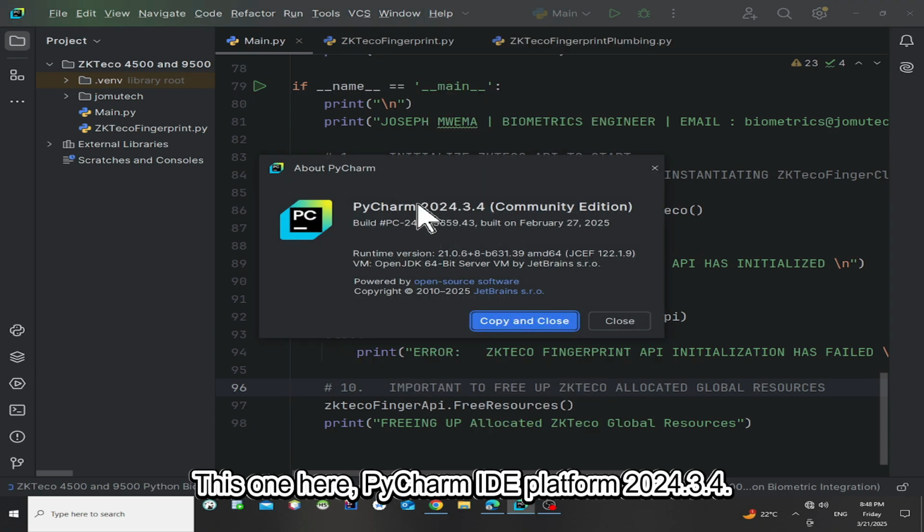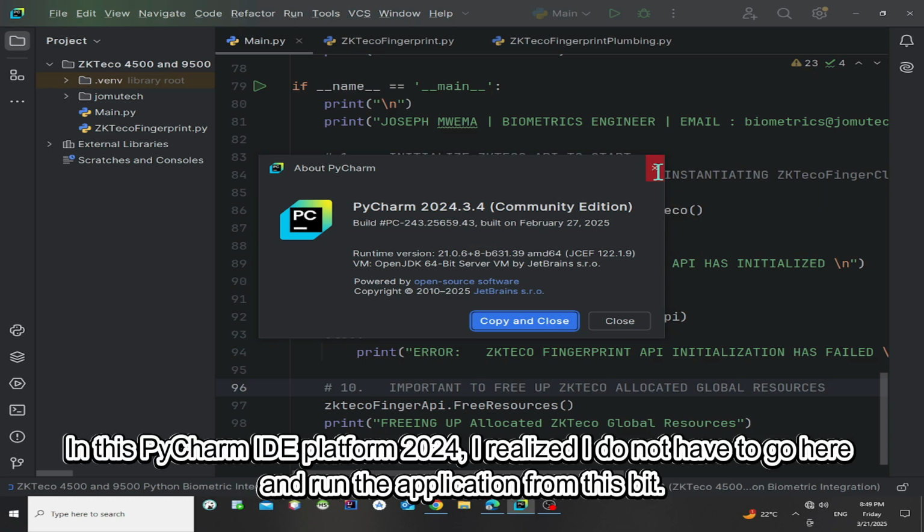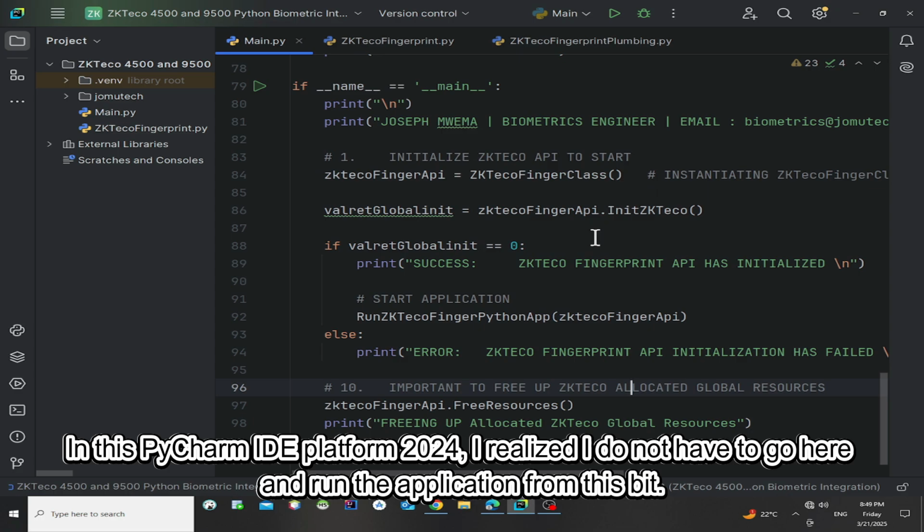This one here, PyCharm 2024.3.4. In this PyCharm 2024, I realized I do not have to go here and run the application from this bit,